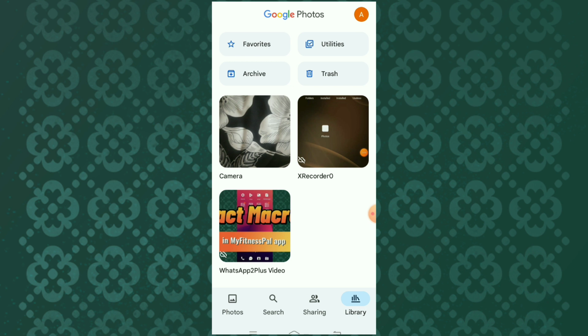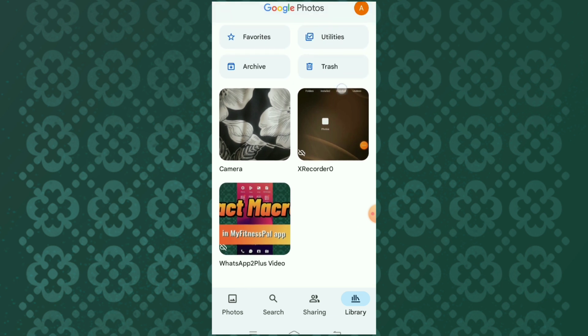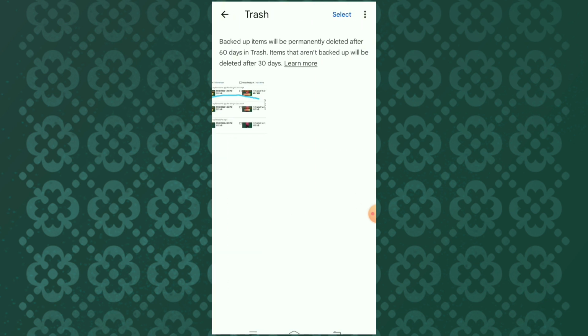Before this, just make sure to watch the complete video and follow each step carefully to avoid forgetting anything and making mistakes. Now we are going to restore a photo from Google Photos. Click on the trash icon which is present here. Click on the trash. You can see here the photo which was deleted and we want to restore this